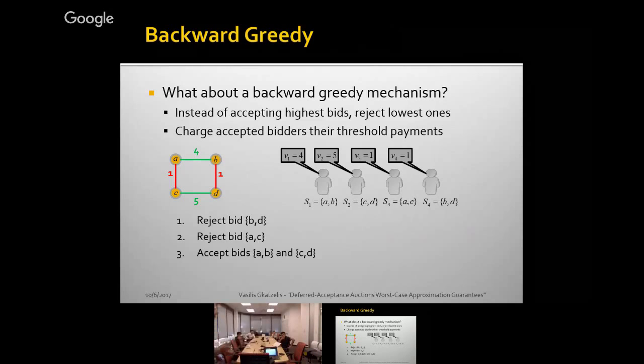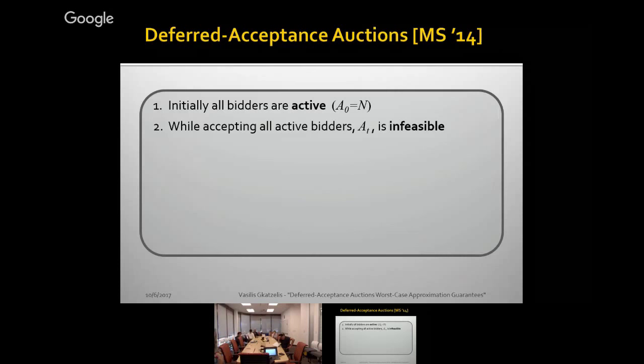And in fact, what the deferred acceptance auction paper showed is that if you do it that way, it's not only truthful, it's also group strategy proof. There's no coalition that can get together, deviate, and benefit. So it's much, much stronger. And it's kind of cute that if you just do that same thing, the forward thing backwards, that just works. Okay? So that's the whole focus of this talk, backward greedy algorithms. Because if you do it backwards, it's much better, but can you get efficiency that way? That's the trick. It's harder, in fact, to get efficiency that way.